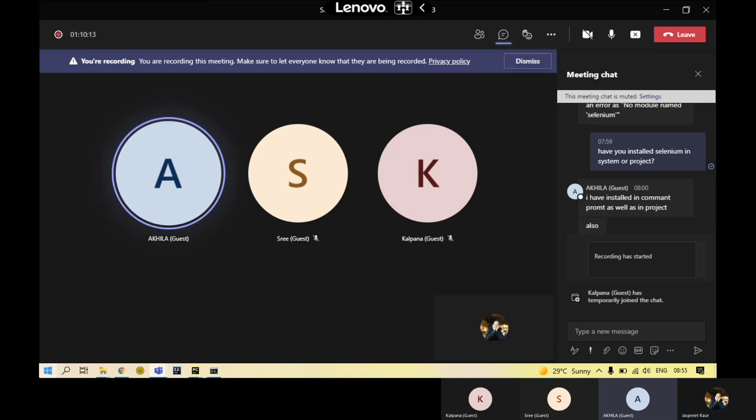Just go to the official website, that is python.org. And the recent version will be listed on the homepage itself. If you want to go for another version, just go to the downloads link for Windows or whatever system you have and get it from there.